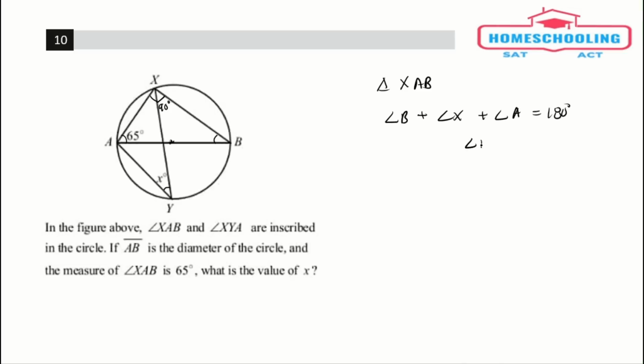So angle B would be 180 minus 90 plus 65, that would be 155, and 180 minus 155, 25 degree. So this is going to be 25 degree,